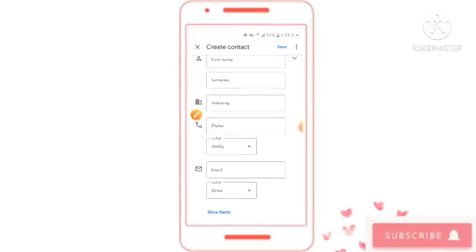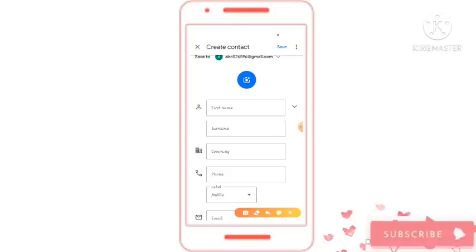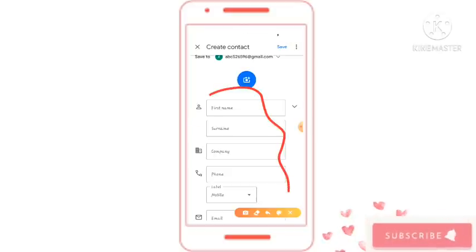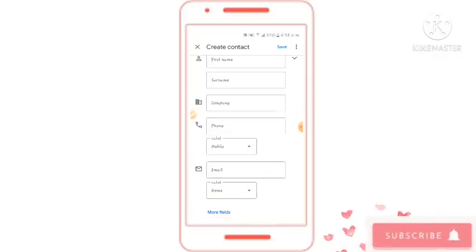After that, you will be given a lot of fields to fill while saving your contact. You'll just need to ignore all of them. You needn't fill them, and after that, when you scroll down, you'll find an option called email. Right? You didn't need to fill any of the other options. You have to just fill the email right over here.